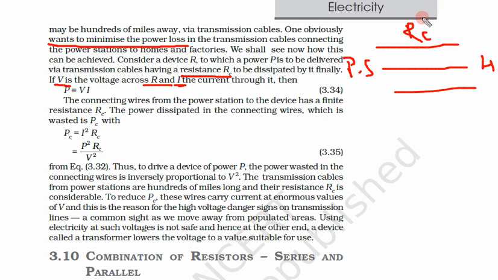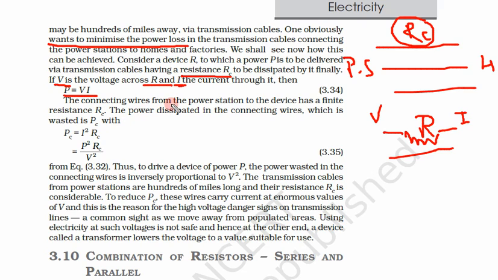Again see this thing, the resistance of this cable is RC, R cable. We have connected some external device with resistance R. Now the current I is flowing in this resistance, the device that we have connected, like a mobile phone or a computer or something. So there is current I flowing in this and potential difference is V. Then again see, P is equal to VI. So the power consumed is VI.